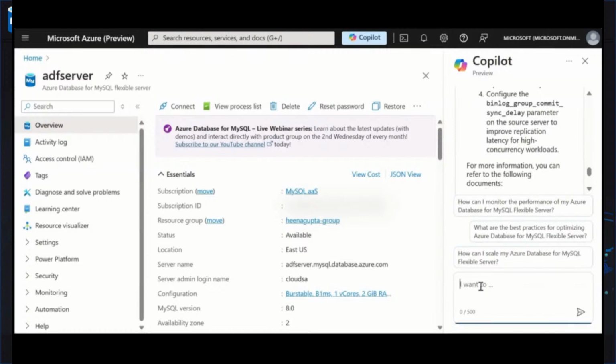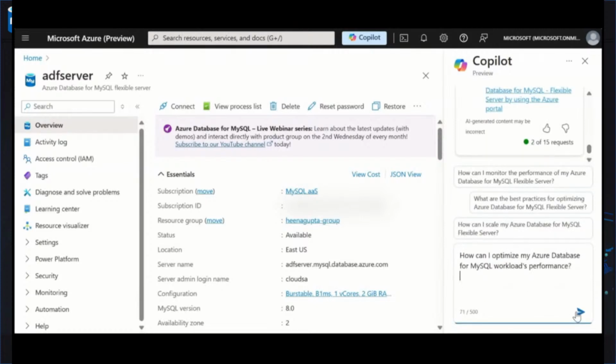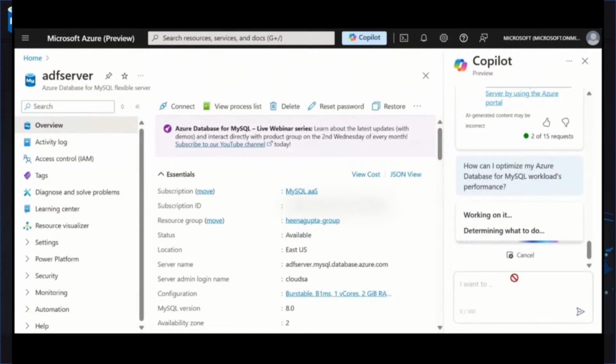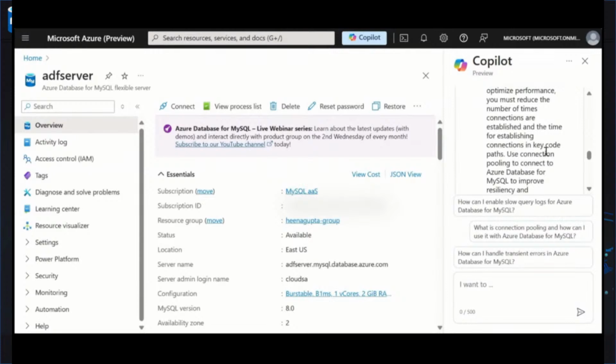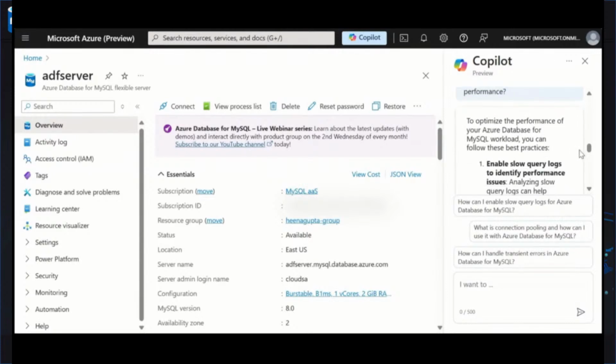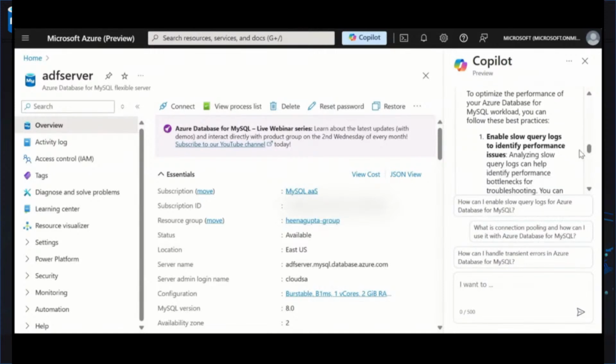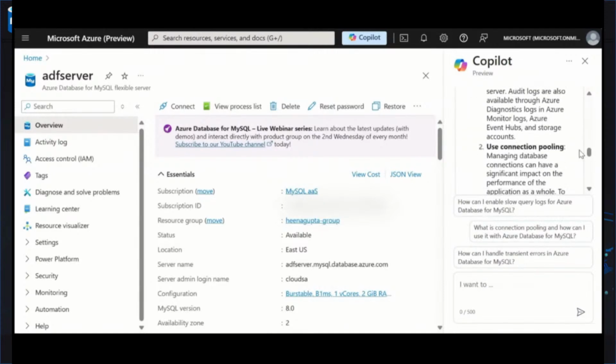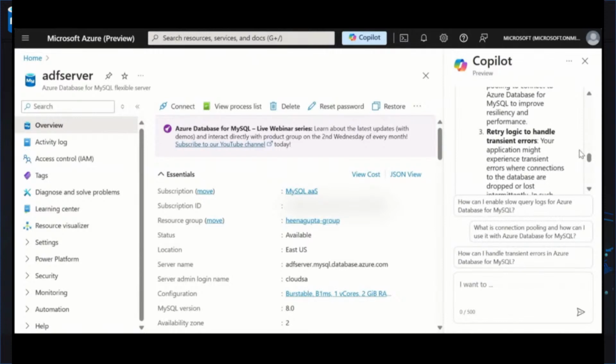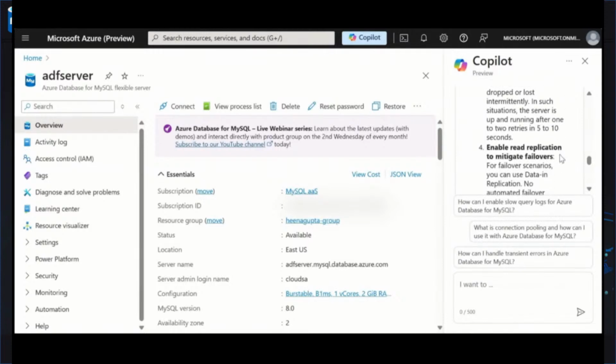Last but not the least, we want to see how we can get expert tips and recommendations. The next query that we're going to shoot is how can I optimize my Azure Database for MySQL Flexible Server's performance. As you can see, the Copilot has scoured through the Microsoft Learn content to return certain best practices, right from enabling slow query logs to talking about connection pooling and adding retry logic, as well as enabling read replication to mitigate failovers. So this is just a subset of all the possible queries that can be asked with the Copilot